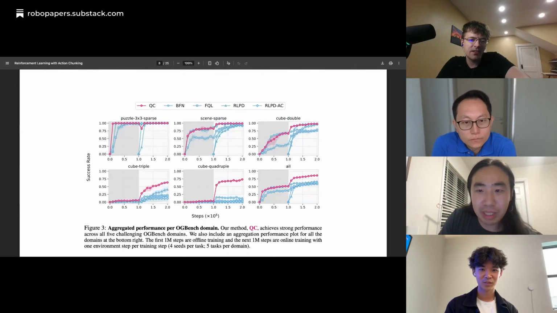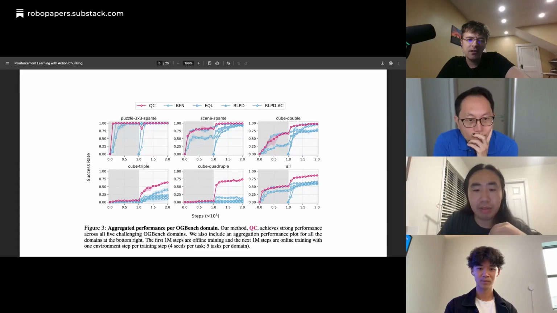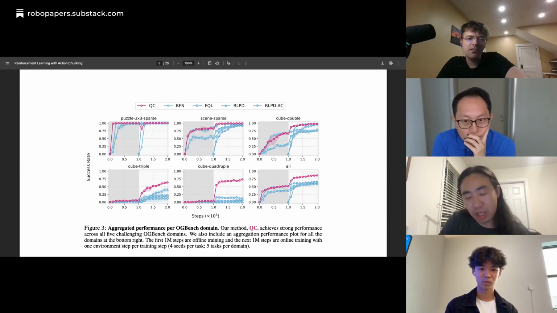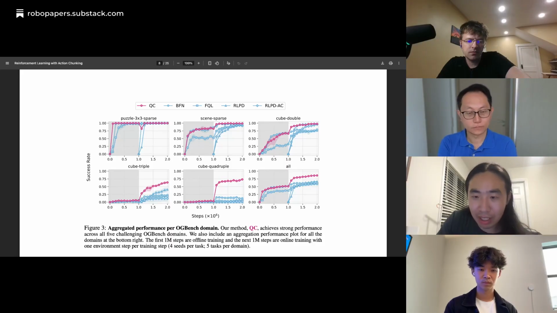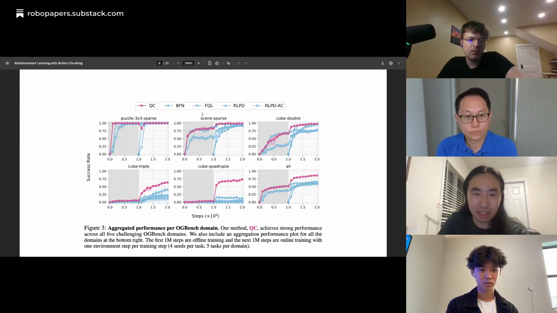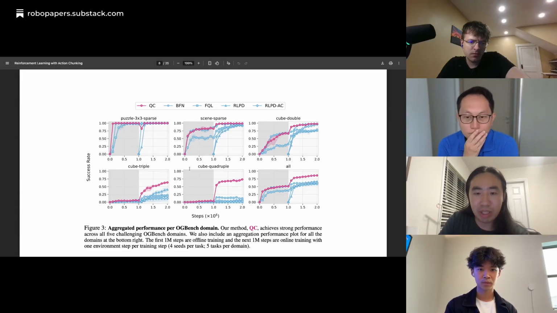Okay, here. So we tested out a bunch of manipulation tasks from OGBench, which is a recently proposed goal-conditioned RL benchmark by Zhou, one of our colleagues in the lab. It's a really good benchmark that contains a lot of very diverse tasks. Some of them are very long horizon and require composition of multiple things. Roughly, the ordering of these domains is from the easiest to the hardest. So puzzle 3x3 is the easiest, followed by scene, cube double, cube triple, and cube quadruple.